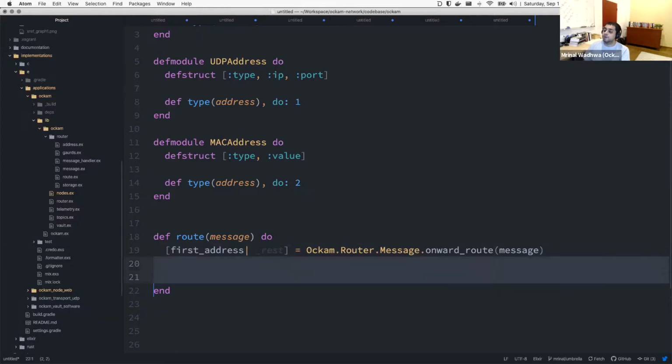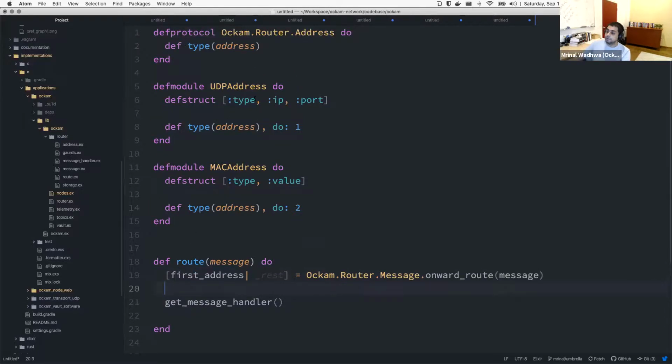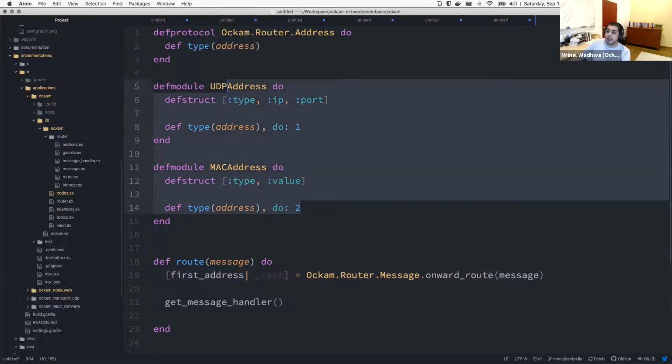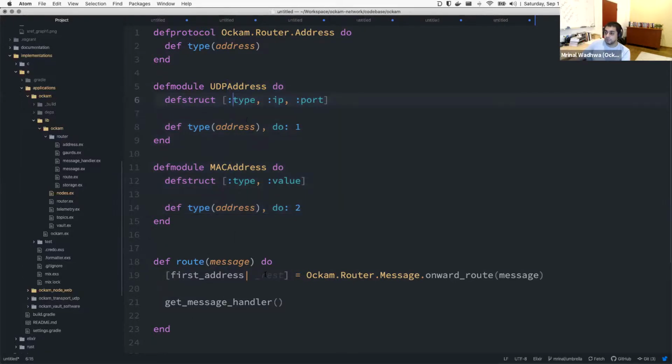So now what I want to do is get a message handler for the type of this address, right? So I need to find the type of this address. But these two address types that may come in as part of this first address may have different values, right? And by implementing the Ockam router address protocol in both of these types, I can do Ockam router address